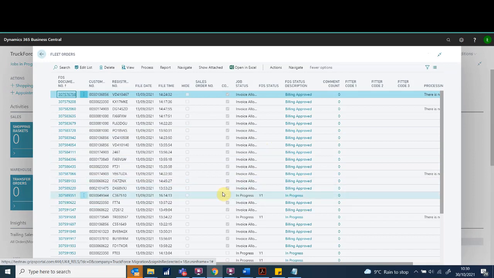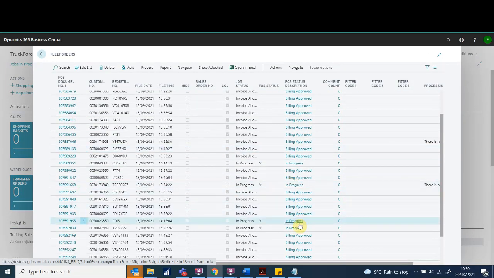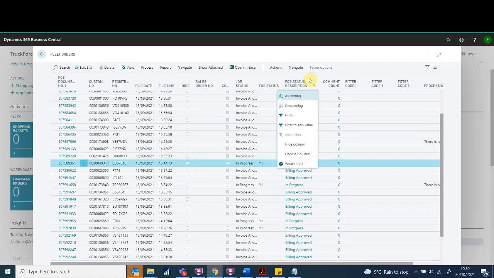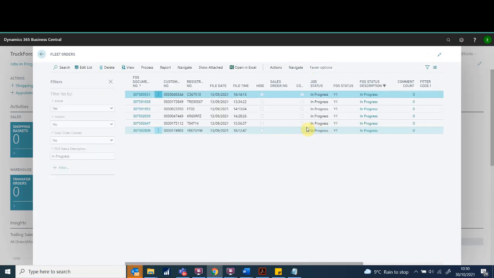So on this list we have ones at Y1 status, which is in progress. So let's filter to these first. Select the line, select the column header, filter to this value, and then we can just see the in progress jobs. To ensure stock accuracy, it's advisable to create a sales order for these documents as well. You will not process them, however they will sit in your sales orders list and show as they've consumed your stock. So if we click into one,